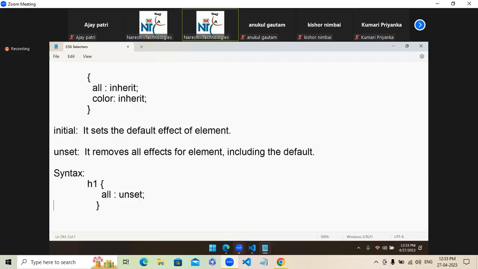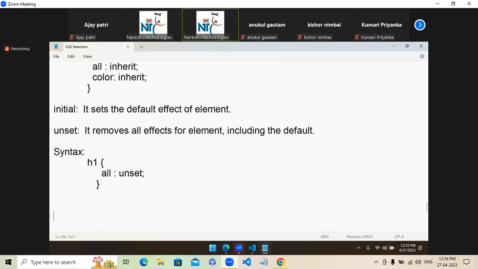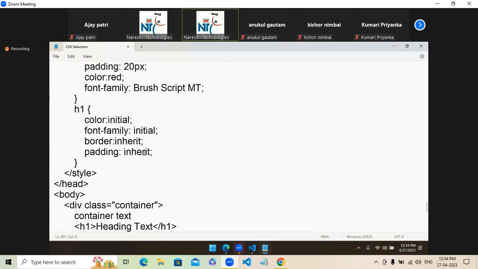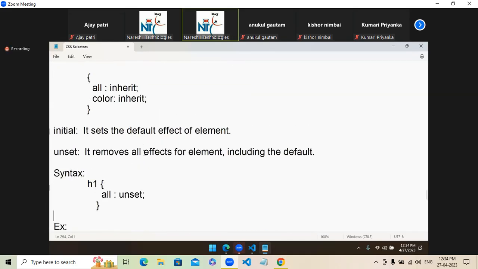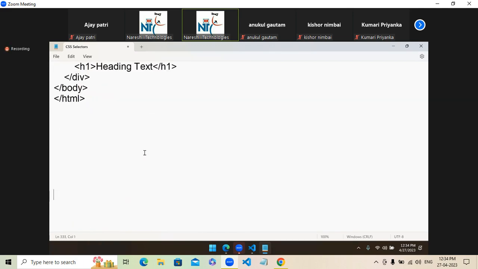So initial and unset, how we can configure. This is an example I will copy. Let me copy this example. Right. This is the example for understanding this inheritance. We call this CSS inheritance. So CSS selectors, CSS rules, and CSS inheritance. Next important, in CSS you need to know about